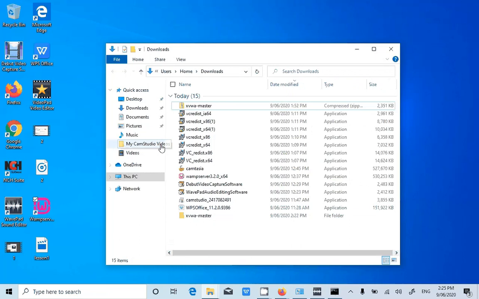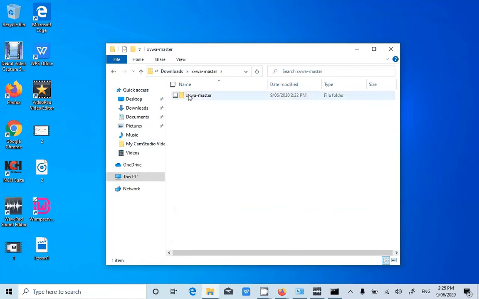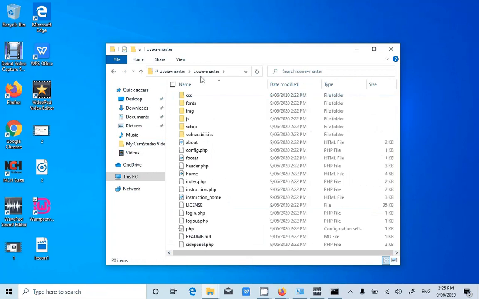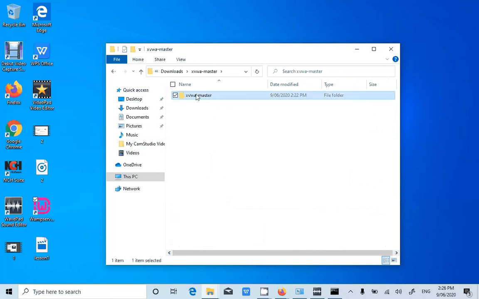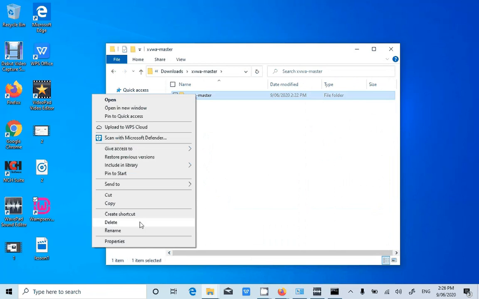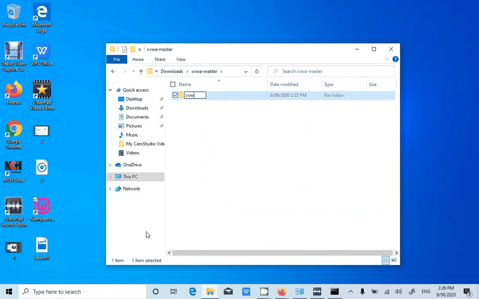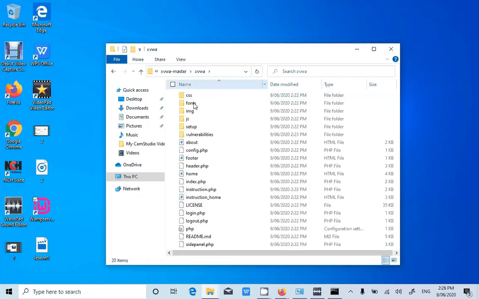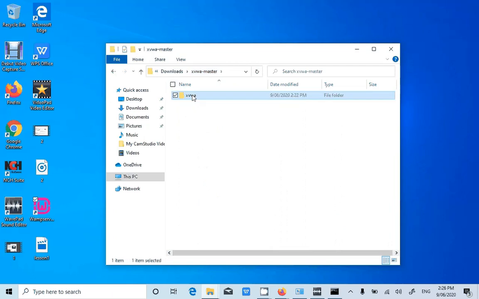Hi guys, now we have extracted the XVWA. Inside this there is one more folder called XVWA folder. So now we'll try to rename this folder to XVWA itself. We remove the hyphen master and inside this it looks like this. So we just copy this folder